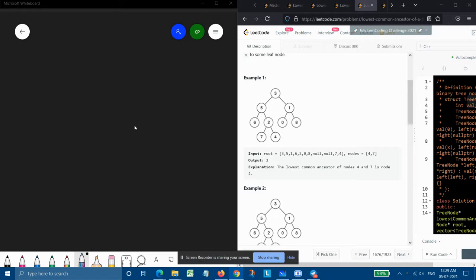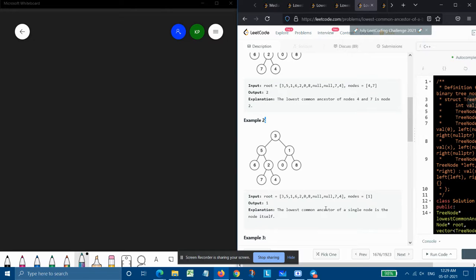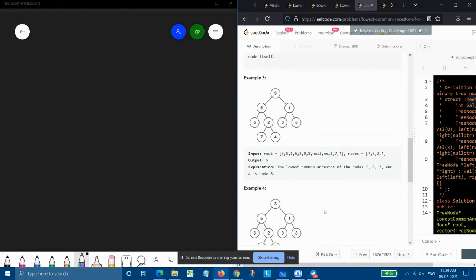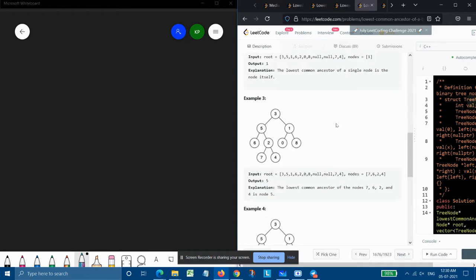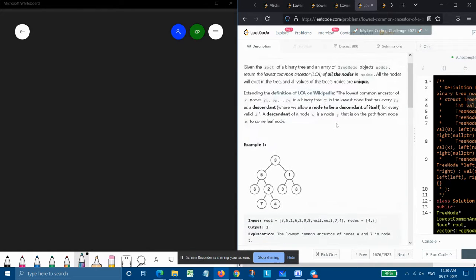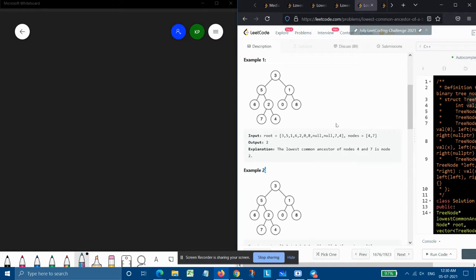We are given a vector basically, and this vector could have two nodes, or one node, or even more than two nodes. So this is what the question is all about. Before approaching it, let's make some observations from these four examples.